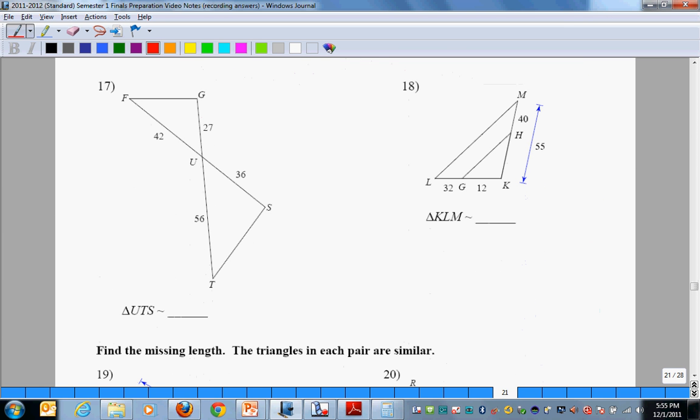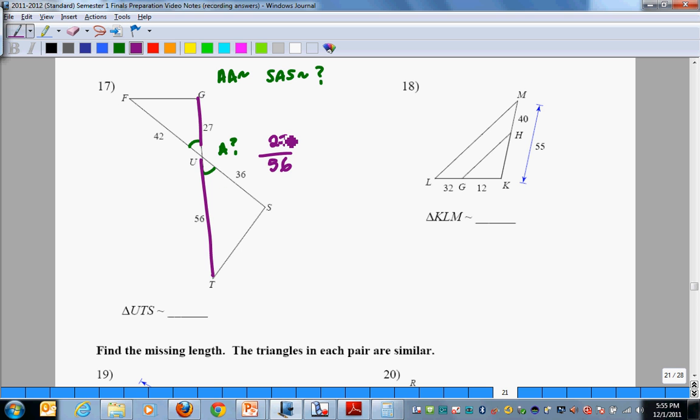Let's check number 17. Number 17, we have a pair of angles, so we might get angle-angle or side-angle-side similarity, maybe. Don't have any other possible angles. There's nothing overlapping or parallel, so let's check our sides here. We're going to do small to small, so